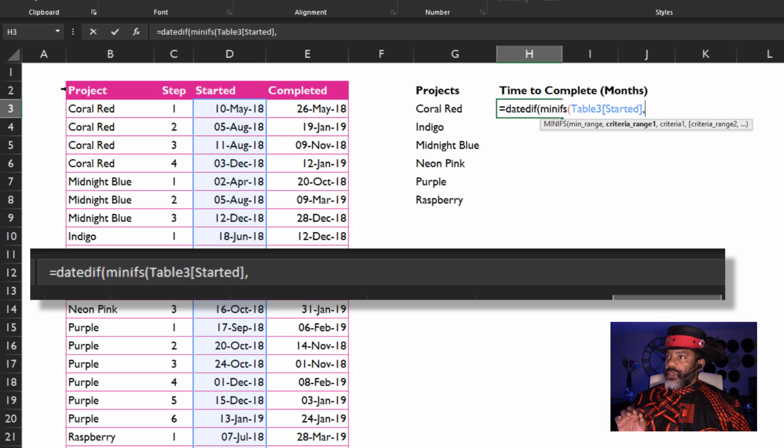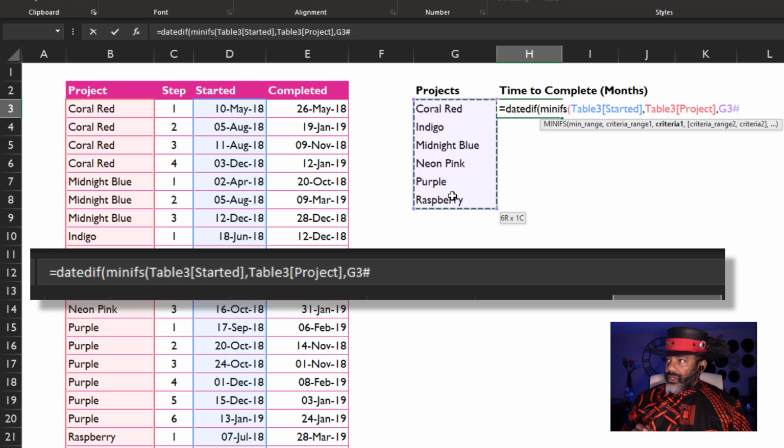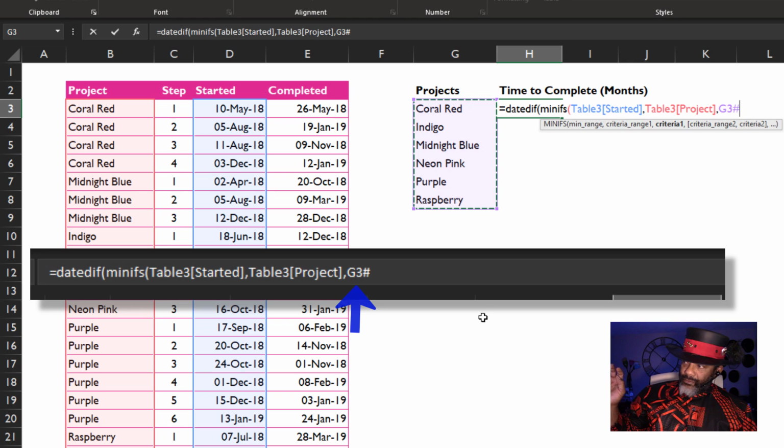We want the criteria where it's matching the project. So that criteria range 1 right there, comma, what is the criteria? The projects. Highlight that. And notice the G3 hashtag. That tells that formula to look at that whole dynamic array range and not just the cell G3. All right. Close parentheses.